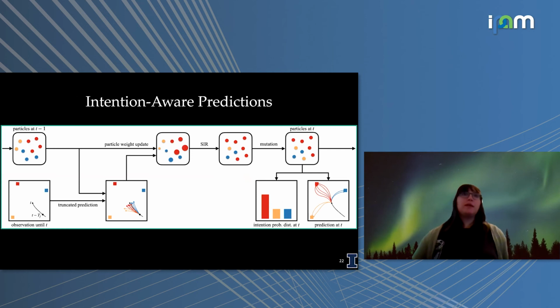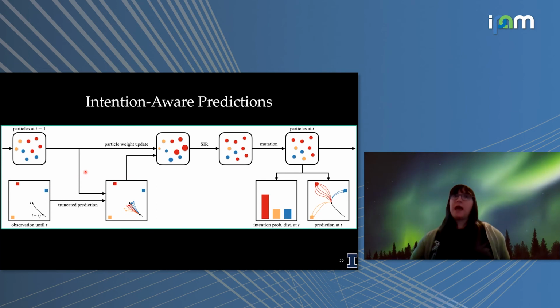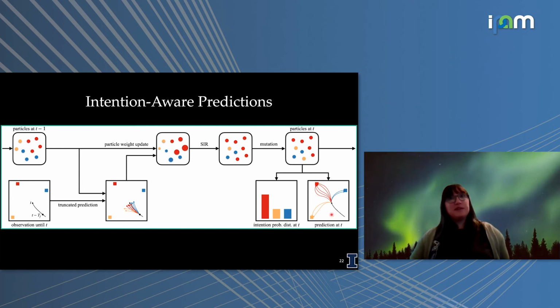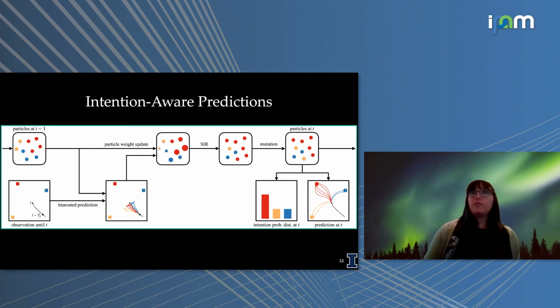Okay, so again, we want to put this into our full intention-aware prediction. So now we have our prediction method that says, given some goal, we take our nominal prediction, warp it a bit to capture these human tendencies, and we use this to update our intention, which can then in turn be used to produce a final prediction that gives us the trajectory from our current observation to our goal.